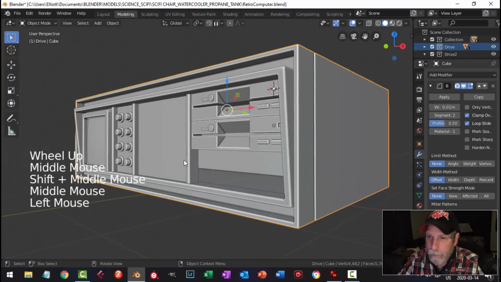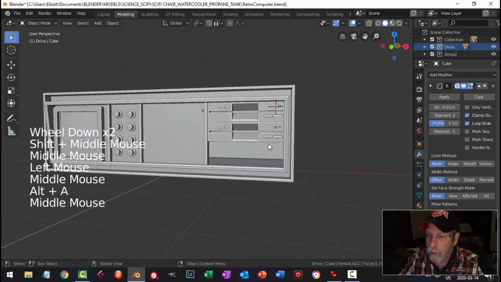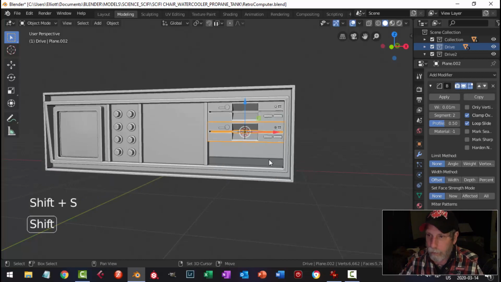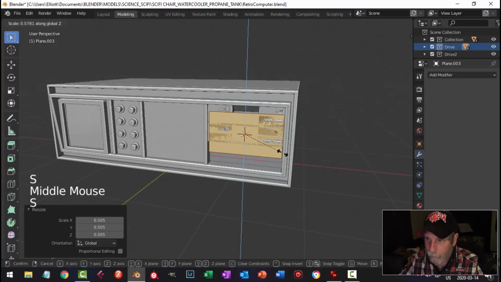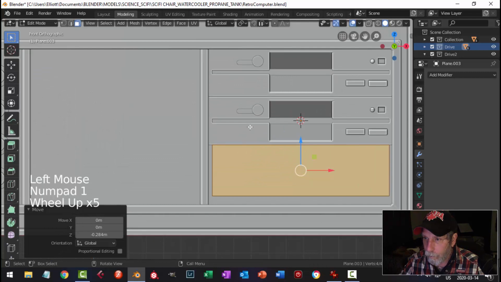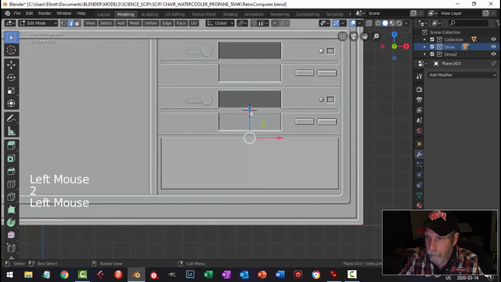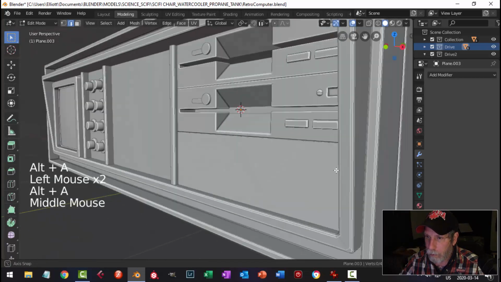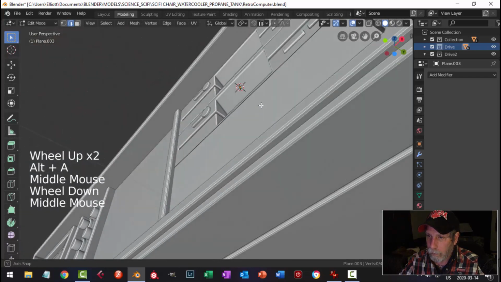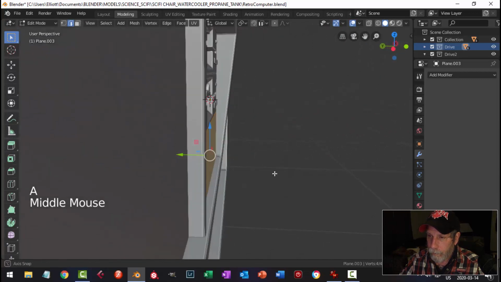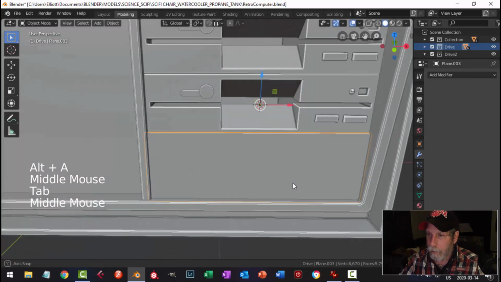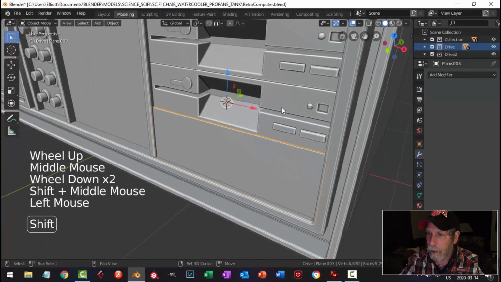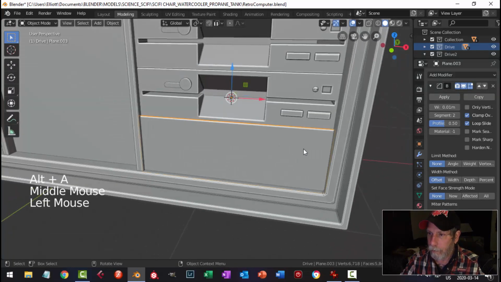This other part down here is very simple. Do I got anything I can use? No. Center my cursor there. This is just going to be a piece that fits in there with a couple of buttons or so. I am going to give it a bit of thickness, just in case, depending on how we view this. All right, at any rate, I do want that bevel on it, and then I'm just going to,